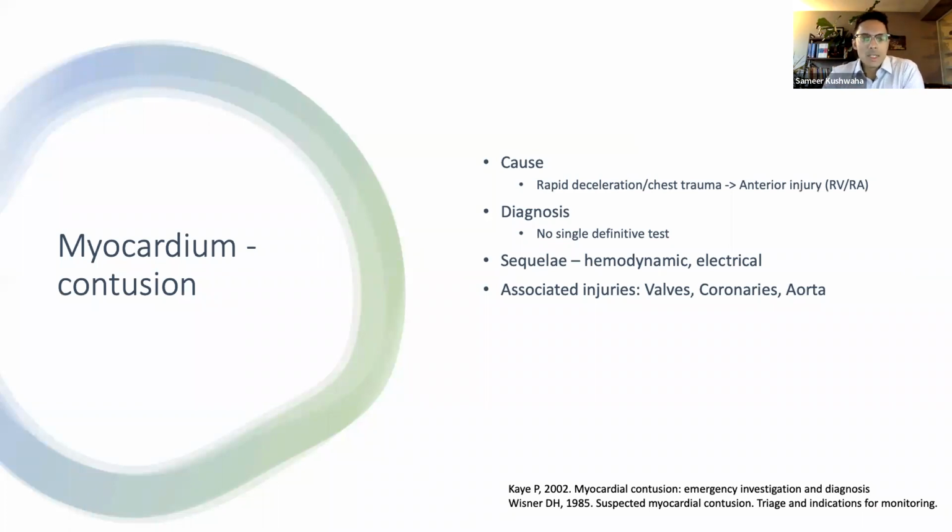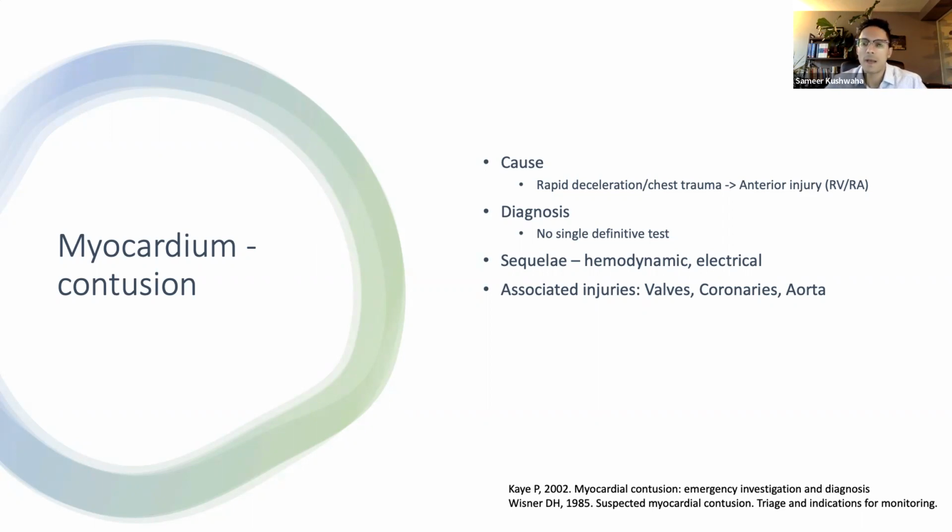So myocardial contusion is another common concern in patients who have sustained injury to the chest wall. Myocardial contusion or bruising is caused by rapid deceleration injuries that result in either direct increased pressure on the myocardium or indirect shearing forces from increased thoracic pressure that can affect the myocardium. Myocardial contusion usually affects the anterior structures, namely the right ventricle and the right atrium. And they're also more commonly affected because they're situated right behind the sternum.